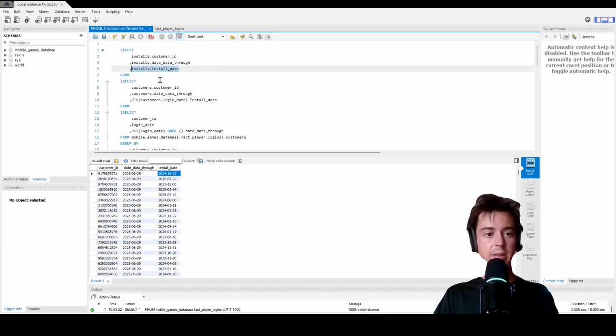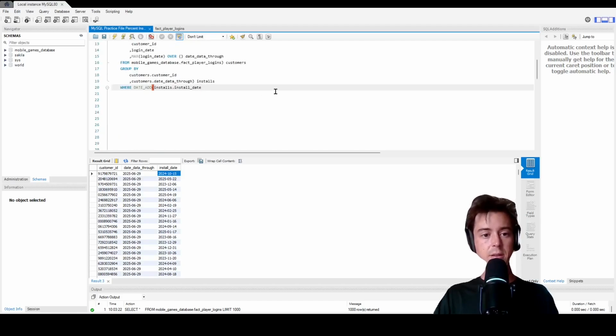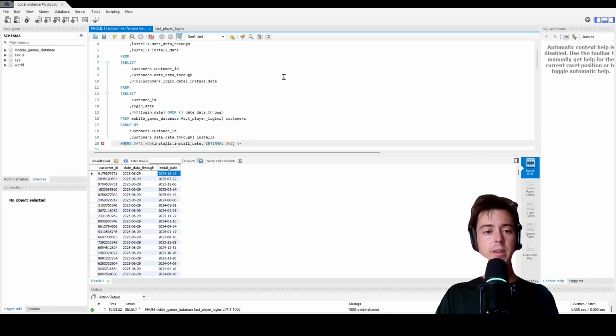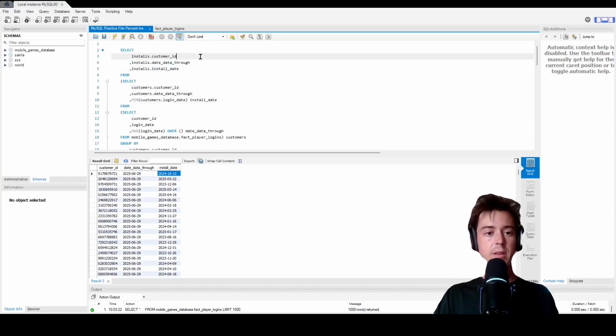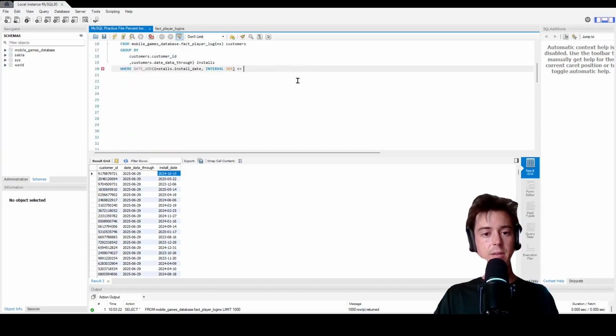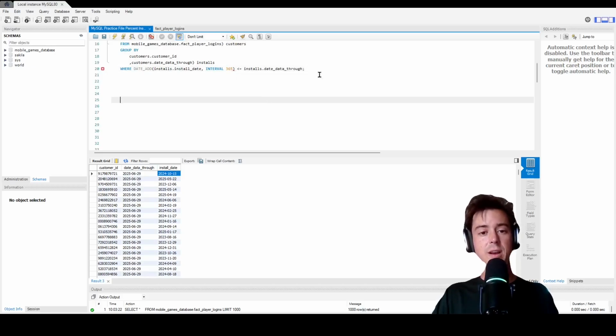We'll say, let's add 365 days to the install date, and whatever date is returned must be less than or equal to the date that our data is through,